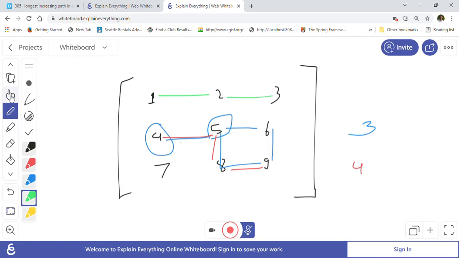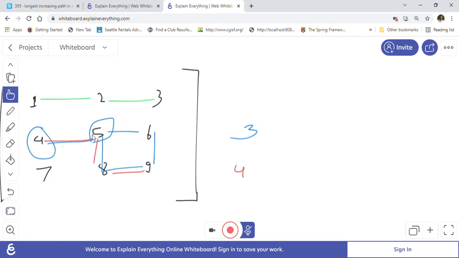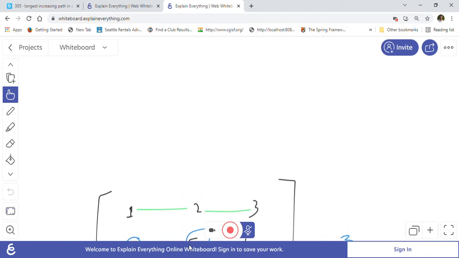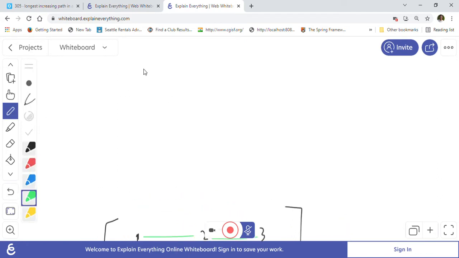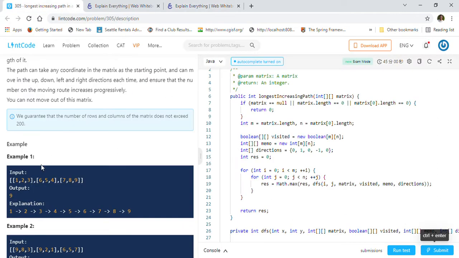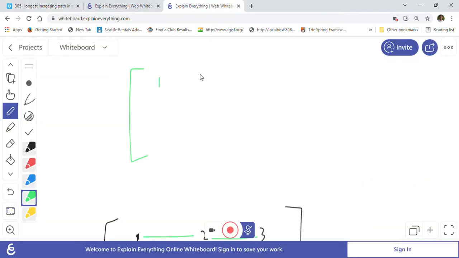Let us move this a little bit, and I can draw the one that they gave us. So the example they gave us is 1 2 3, 6 5 4, 7 8 9. We have to find the longest path in this matrix.